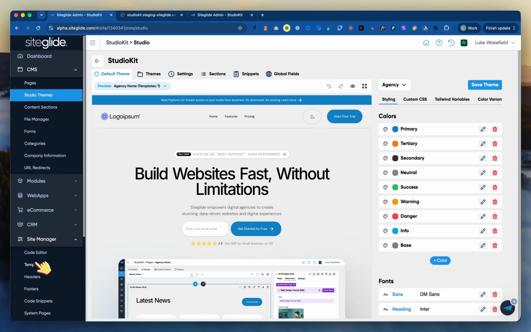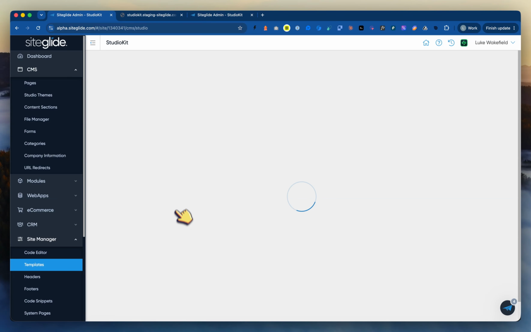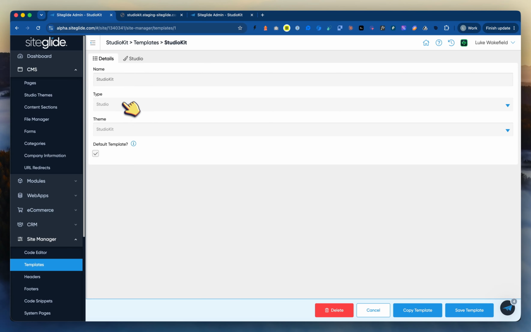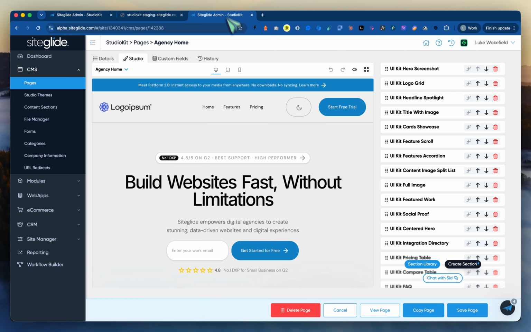Let's have a quick look at templates. So as always, you can control the template in Studio as well. This will be updated very soon to show library and then theme. So you'll pick the library, which would be StudioKit in this case, and then the theme might be StudioKit. It will probably be default, and what we're going to do is set it so that it's default unless you change it,